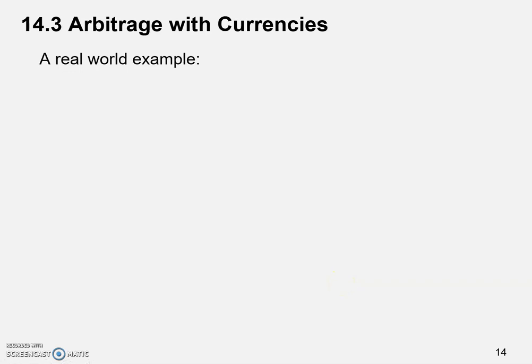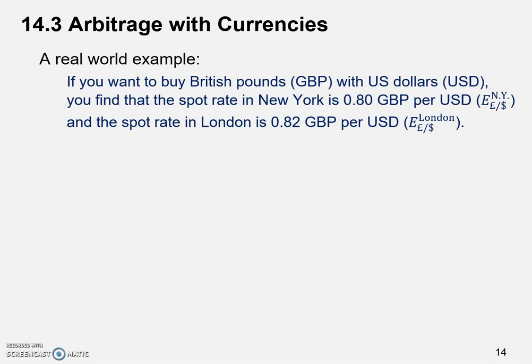In this video, let's talk about arbitrage with currencies. Let's check out a real-world example, a very simple one here. If you want to buy British pounds with US dollars, you find that the spot rate, in other words, the current rate, where you have to deliver the dollars in New York, is 80 pence